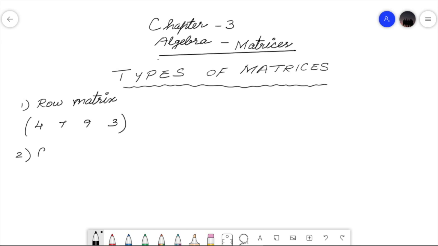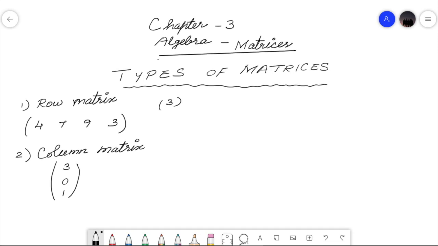Then the next one is column matrix. Here, the elements will be arranged in a single column. Okay, this is a column matrix. And next, third one,